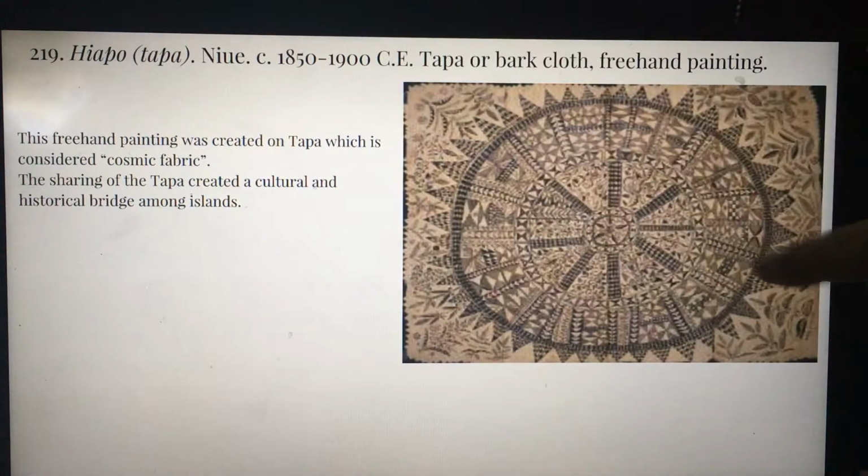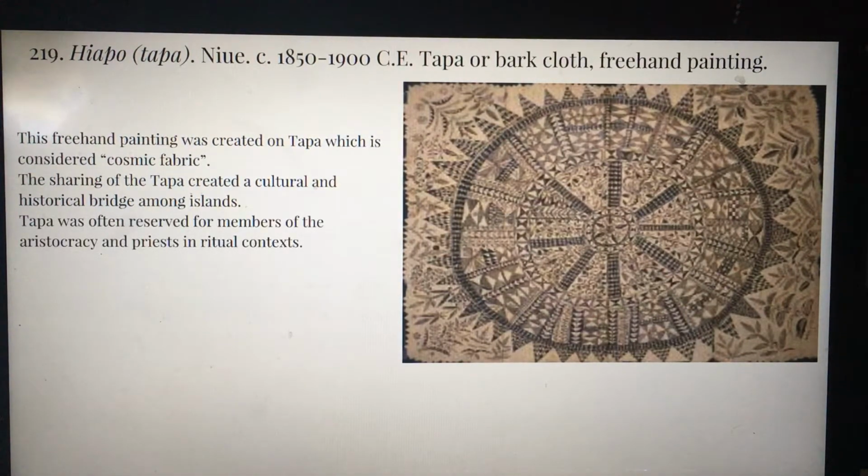So we have the clearly geometric. You notice I put up there, it's considered kind of a cosmic fabric, this tapa or bark cloth is, and that goes along quite well with a geometric orientation with the design. But this particular people introduced the more naturalistic designs. You can see with the leaves. So this kind of cloth was reserved for members of the aristocracy,